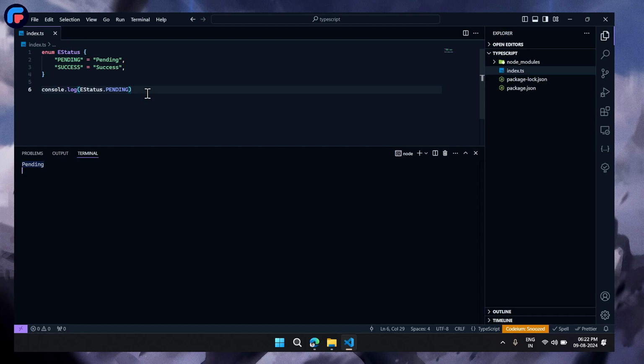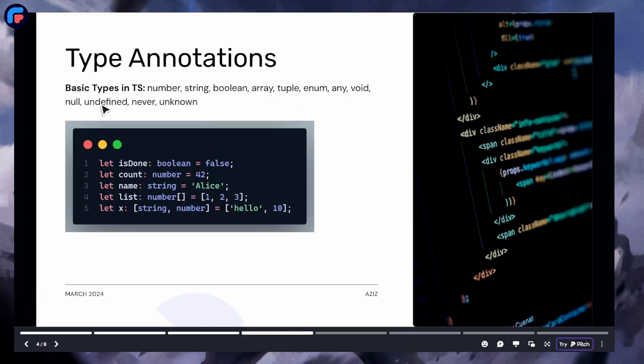So the next part would be undefined. Whenever the value is undefined, we can use the undefined type. Null is similar to undefined. And never is like this. Never means we can't access this value. For example,